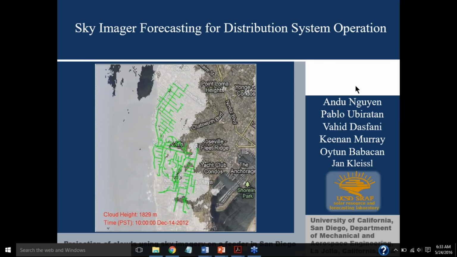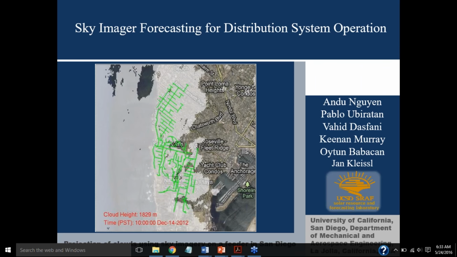Yes, thank you, Dave. I will show today a nice intersection between the solar resource forecasting and how we use that data in making engineering decisions and making our engineering systems work better. I'm focusing on the distribution system. That is a set of power lines that's generally running at a lower voltage, and that's taking the transmission power and feeding it to the homes.